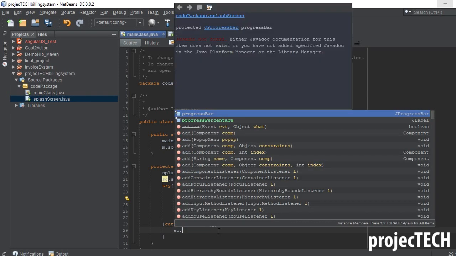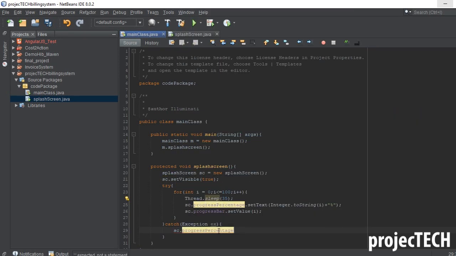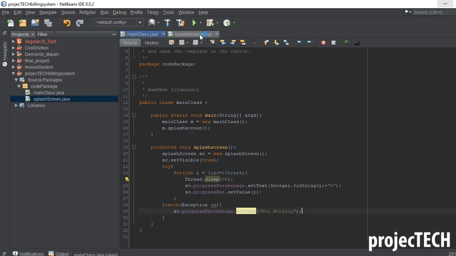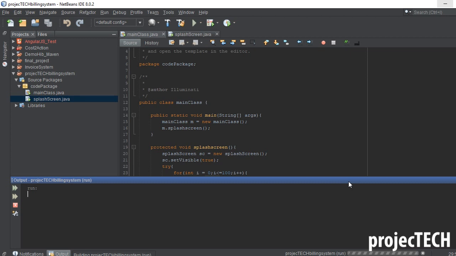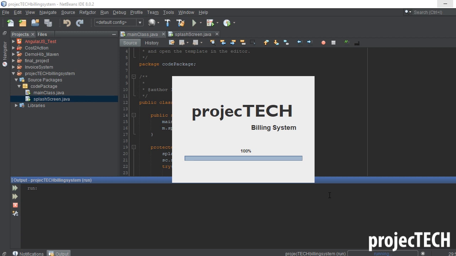Now to handle the exception, if there is an error or exception, we will set the value of the progress label as not working. Now running this class we get